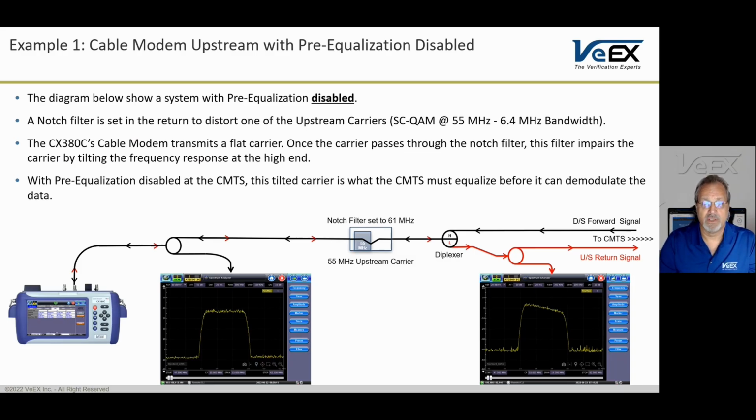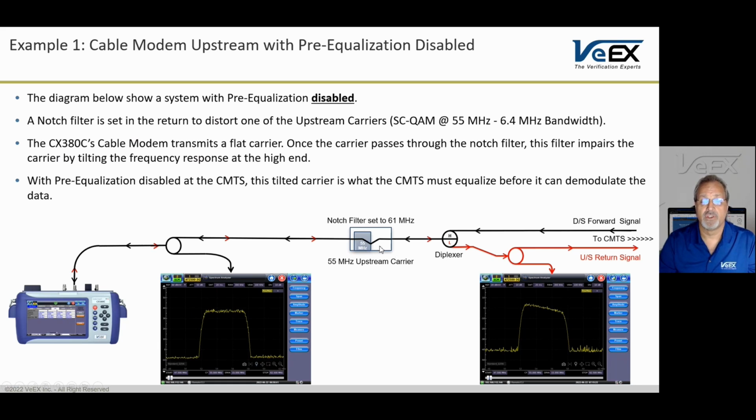So in this drawing here, I have a CX380C set up in cable modem mode. It's transmitting one of the channels up at 55 megahertz. I split it off right out of the output of the modem to show this is what the haystack of that channel looks like when it's being directly transmitted. I also have it then going through a notch filter,